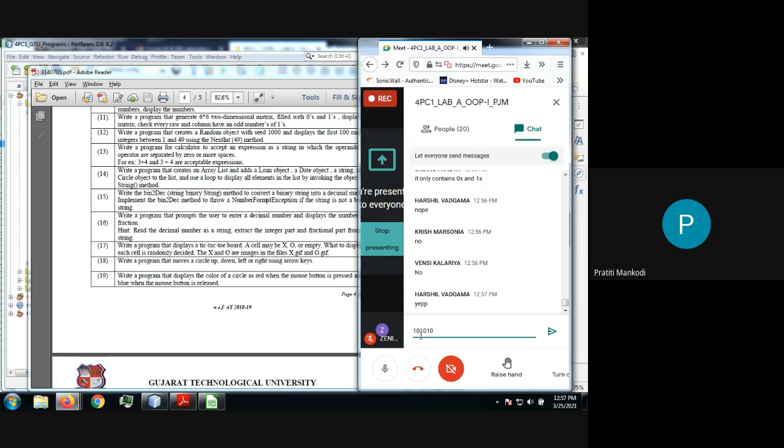Is it okay? There is a possibility that the user might enter the correct string, or the user might enter the wrong string. If it is a right string, go with the flow and display the output. Convert it into decimal and give the output. If the string entered is not a binary string, in that case only you catch that particular exception, hold that exception, and tell the user that this is actually the exception because of this. All right? So let me show you. Got the question, guys?